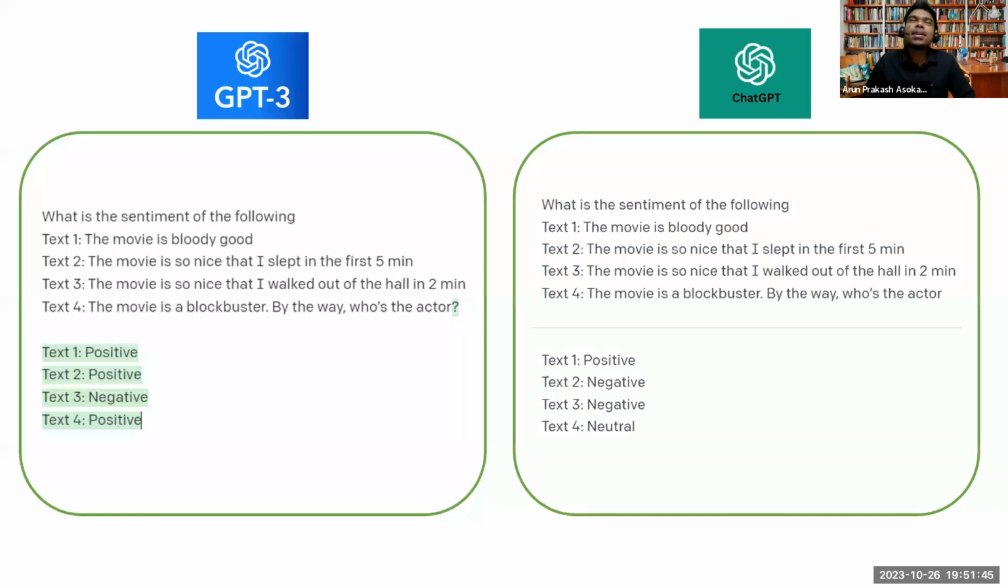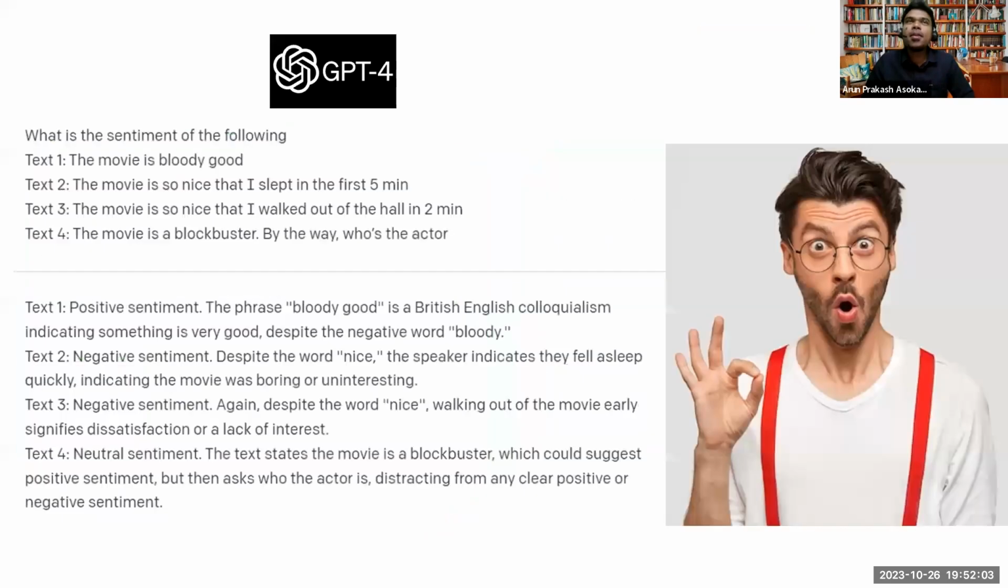Now, when you put that same thing on a better model like that of ChatGPT, look at what happens to the second one, right? The movie is so nice that I slept in the first 5 minutes, which is actually a negative sentiment, which the previous model did not catch. It's called it a positive, which was so perfect with ChatGPT. You know what? If you put the same on the best beast, which is available today, GPT-4, the costliest,